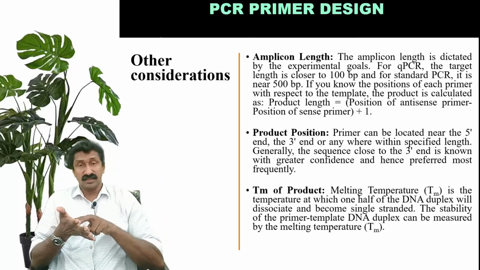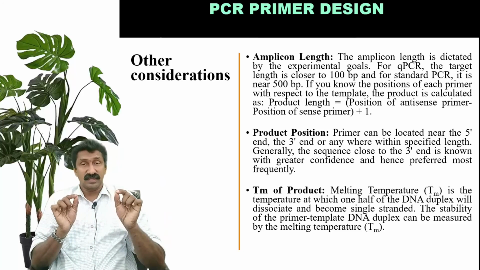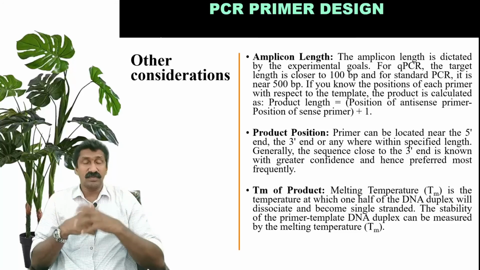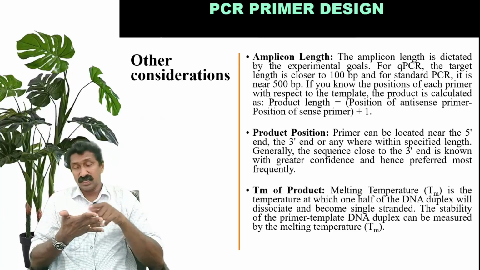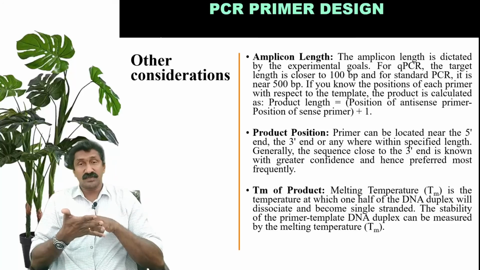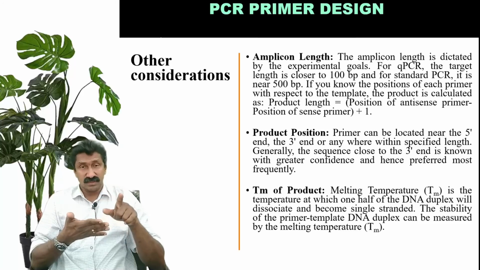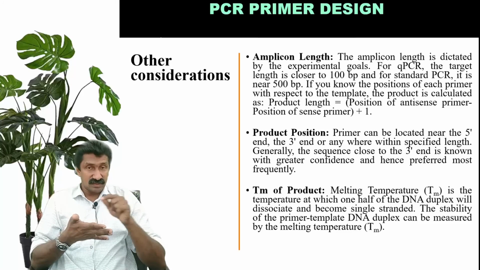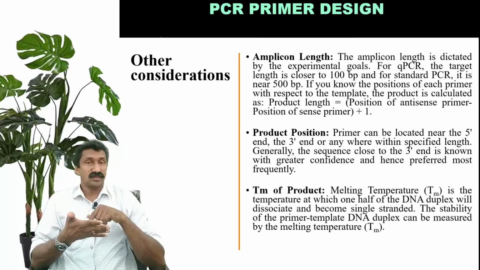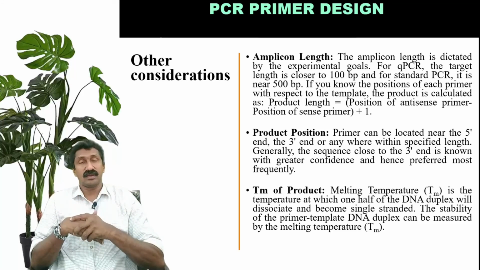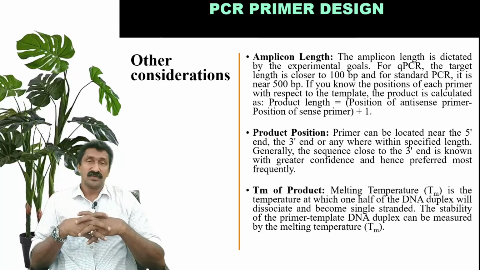And within that gene sequence, you need to amplify a sequence of 100 base pairs or 500 base pairs for a specific amplification. In that case, you may decide to design a primer against the 1500th base pair to the 2000th base pair. So you can calculate the product length as the position of the antisense primer, that is 2000, minus the starting point of the sense primer, that is 1500, plus 1. That will give you the total length of the amplicon, or the length of the product that is formed. That is the equation for that.